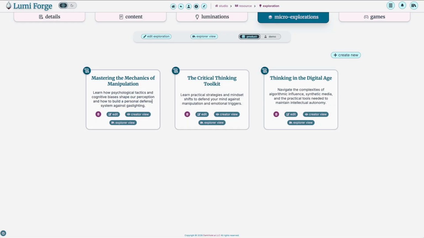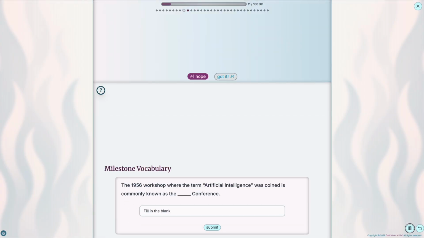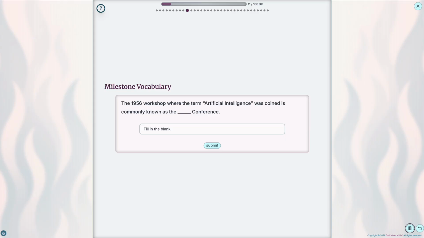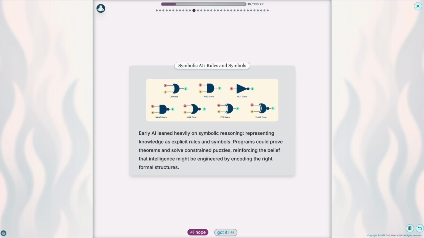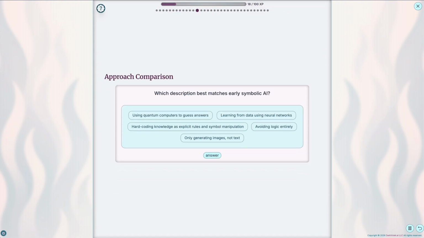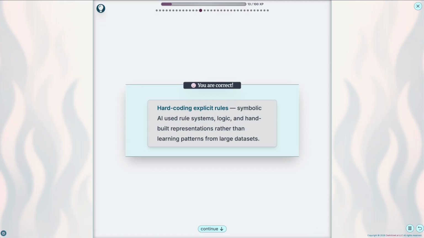Next, let's look at the 3 micro explorations that we created. You can think of these as small blocks of the most important information from your exploration content. Explorers can swipe through these micro explorations as a way to further ingrain what they are learning from your work, or even as knowledge building experiences all their own. They swipe left or right depending on whether or not they feel like they have really taken in the bits of information on each frame, and they answer Luminations as they go, all the while earning more experience points and